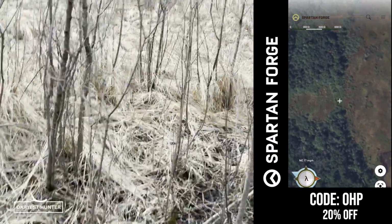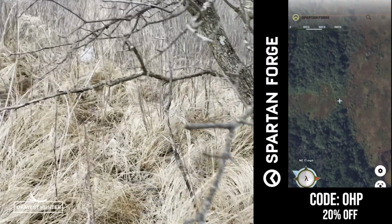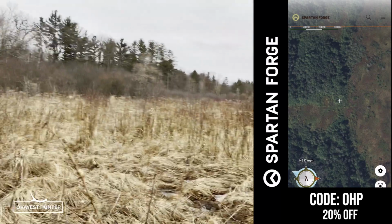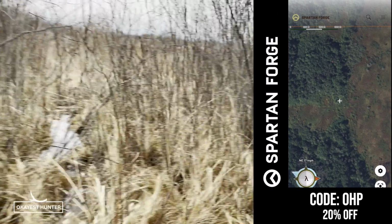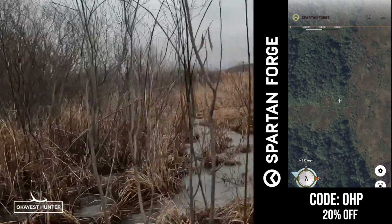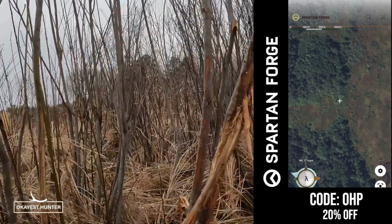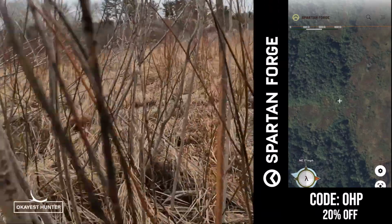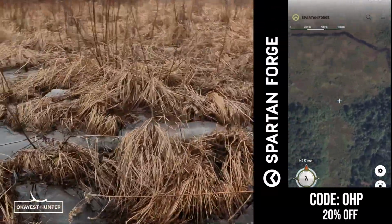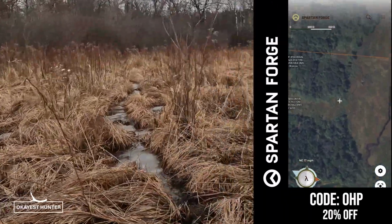So I had assumed that there would be some buck bedding off of that other island, but what I found was the rub line that led right out actually led to a bed, and that is the grouping of pretty good size, kind of shaggy barked rubs. The bed that you see on the video was actually located in the point of the brushier willow and alder, and not off the edge of the high ground by very far. It was actually almost equidistant to the opposing high ground as it was to the one that I came off of, which I really, really liked,